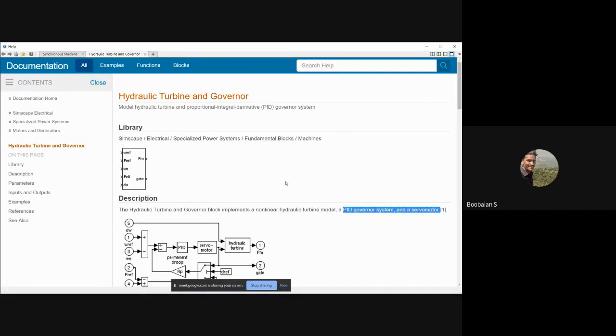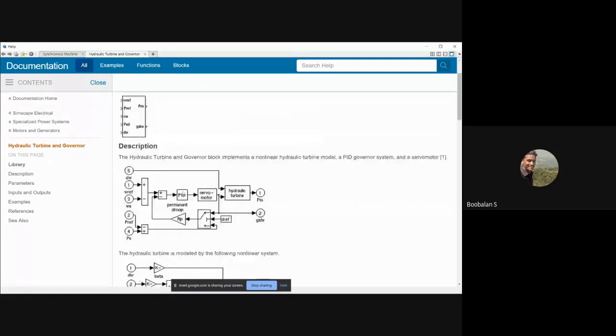Look inside the block at what MATLAB has designed; there is a PID controller already available. This PID controller is going to adjust my servo motor, and the servo motor is going to control my hydraulic turbine and the speed of the mechanical output. Got idea now? So no need to bring a PID controller one more time, right?